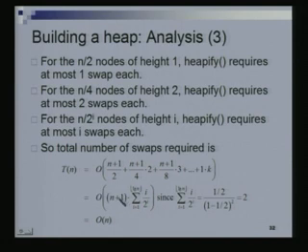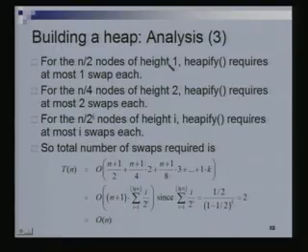It is basically n times the summation of i over 2 to the i, as i goes from 1 through log n. Why log n? Because that is the height of the heap. It is this sum that we are really interested in, and this summation, i going from 1 through log n, of i over 2 to the i is just 2, and I will show you why in a second. So, if this is just a constant, then this entire thing just becomes order n.